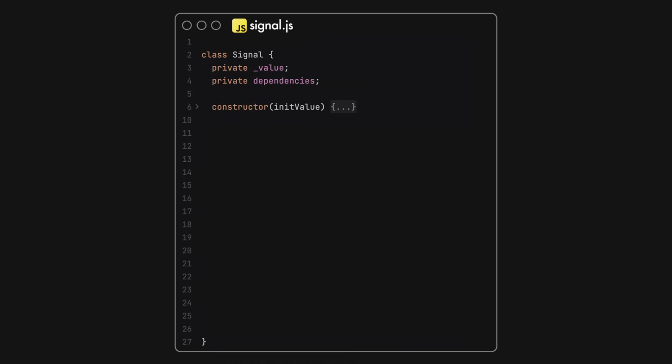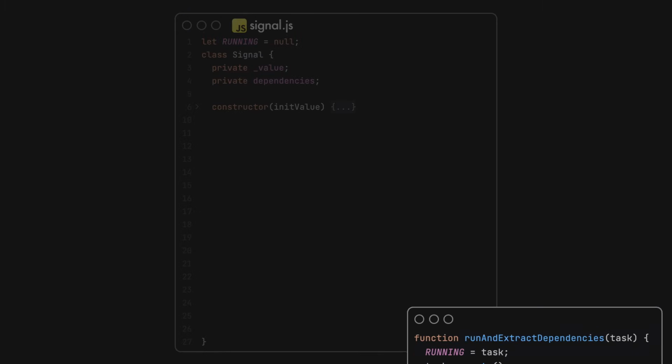I mentioned a bit earlier that dependencies will silently subscribe to our signal. In order to do this, we'll need a special context which keeps track of the effect or computed value being executed at any given time. In proper implementations, this context will be a little bit more complex, but for our naive implementation, it is enough to keep track of the active running function via a global variable.